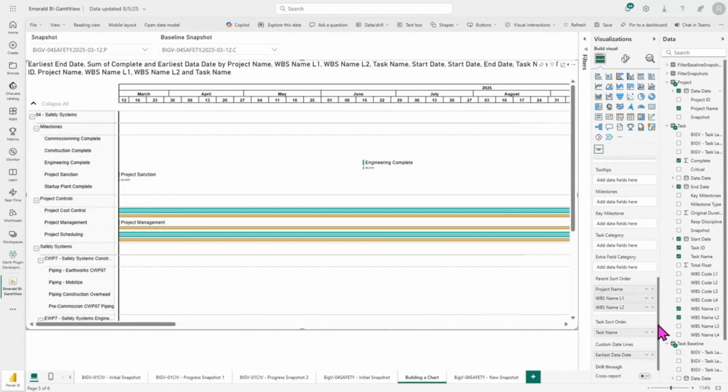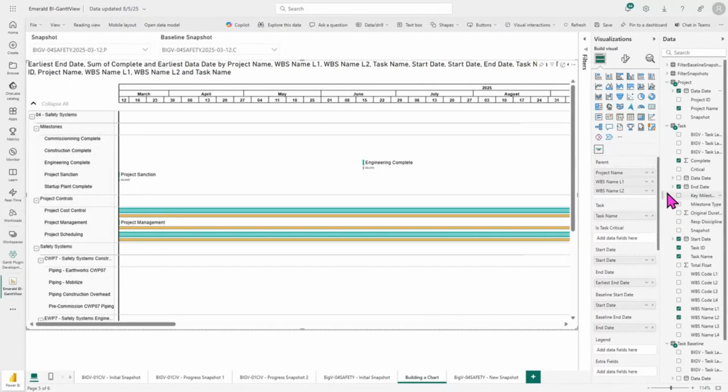Going back up to the top of our list here, you'll see this field called Is Task Critical? This is what tells Power BI which of our tasks are critical using our P6 data. So I'm going to pull in critical here. And you won't see any immediate changes once we pull that in, but that will change once we go into the customization section. But just before we customize, we have a couple things to finish first in building our